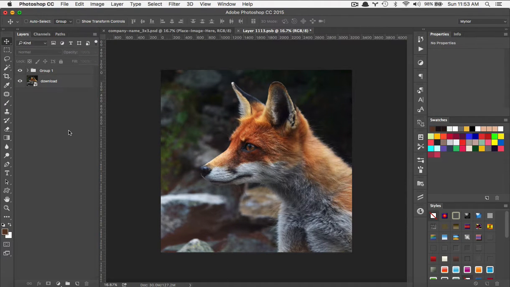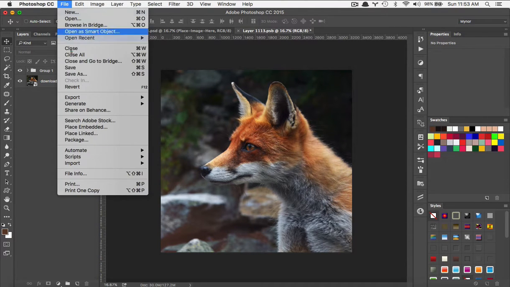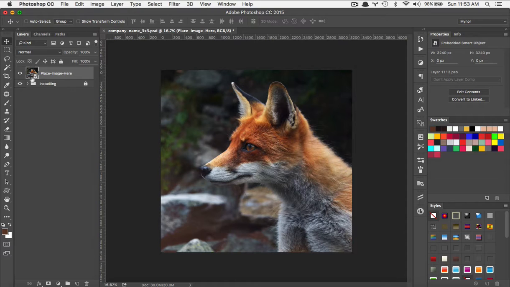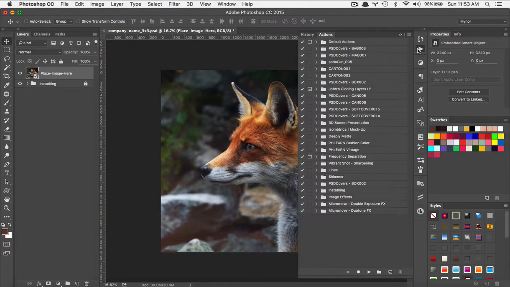Once we're done with our image adjustments, I'm going to hit Command S or go to File, Save, close out this window, and we're back to the original file. So now I want to go to the Actions, open up the Instatiling folder, find the action that actually corresponds to the original file. So in this case, it's 3 by 3,